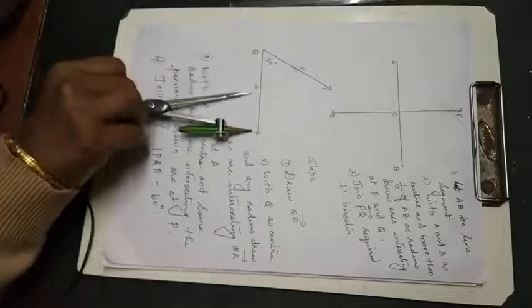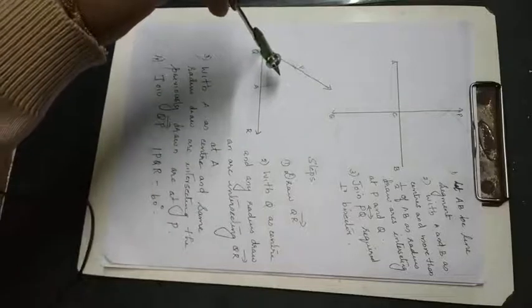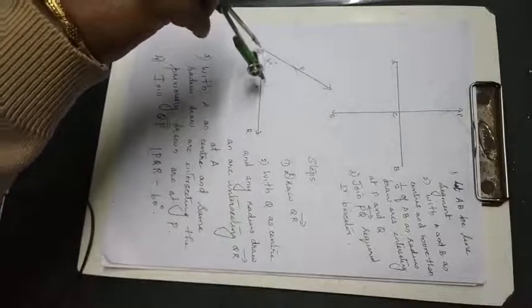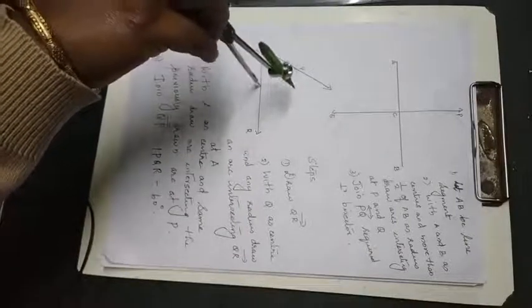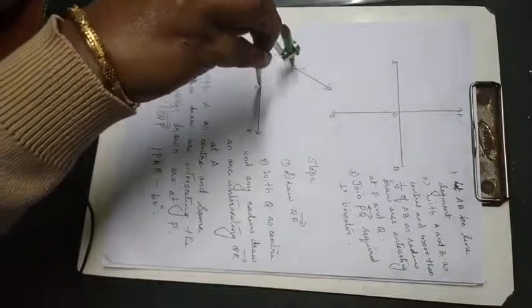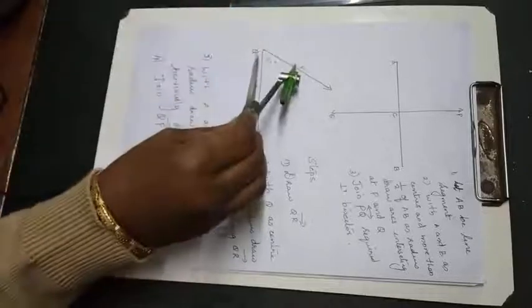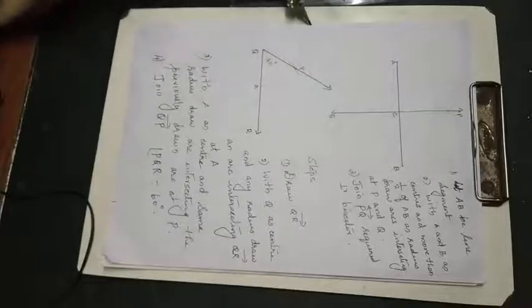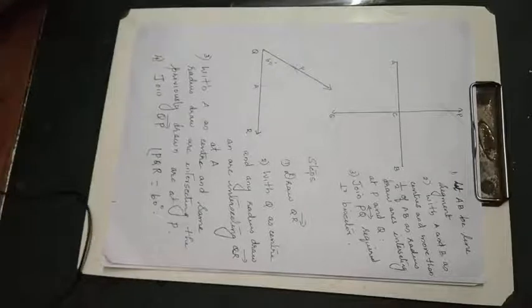So hope you understood. First what we have done, QR we have drawn. So with any radius you can draw an arc. So intersecting that arc at QR at A, without changing that one, mark an arc on the first drawn arc. So that point will be P. So PQR will be 60 degree. If you are drawing one more arc, it will mark 120. If you are joining that one, that will make 120 angle.